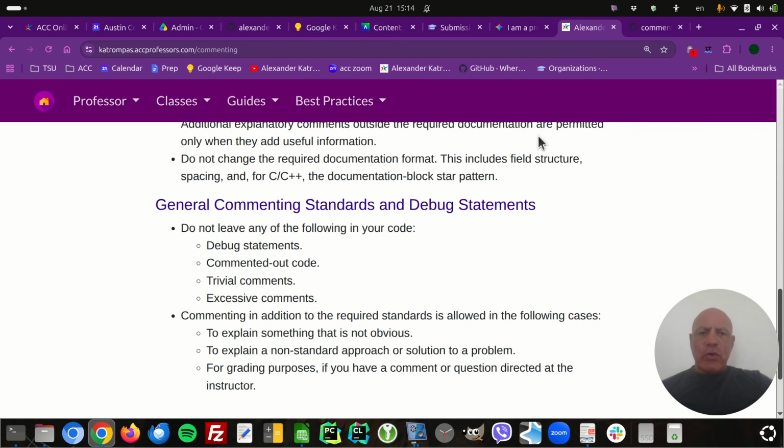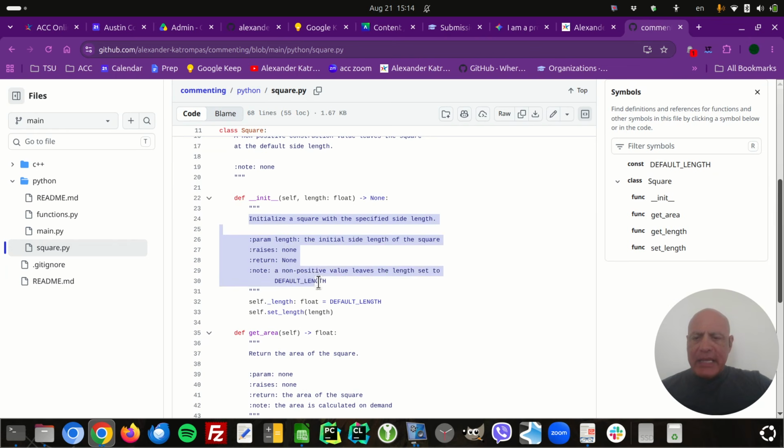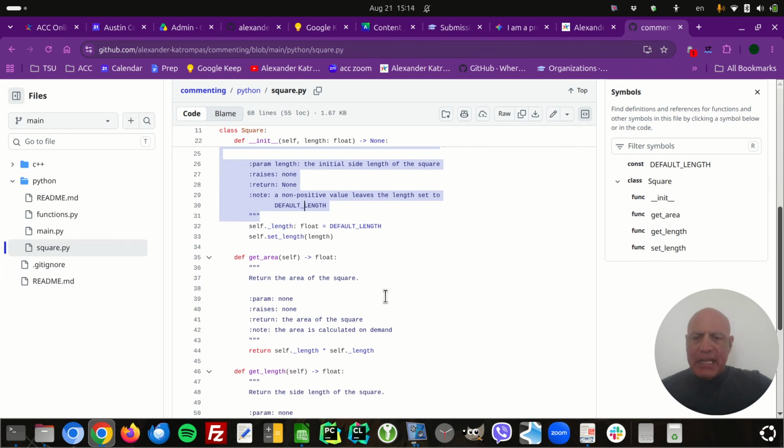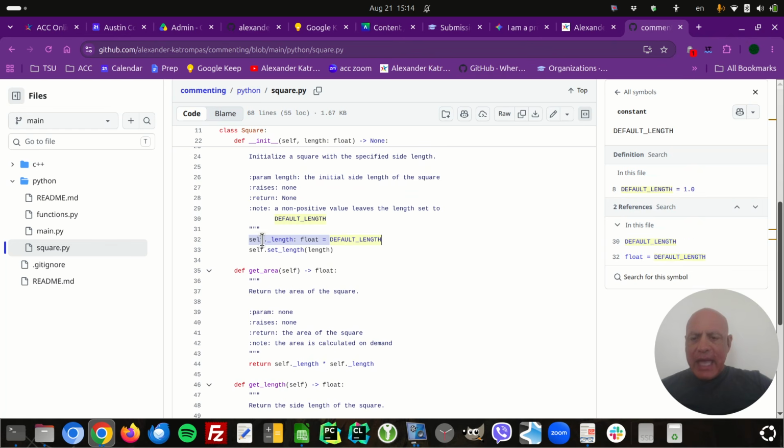Comments are there for what you saw, like things like this. These aren't comments explaining the code. These are technical details. Okay, that's what comments should be. If you got to come in here and write, next to this line, "setting the attribute length to the default length." Okay, like we can read that. It says it right there. Okay, so you shouldn't comment that.